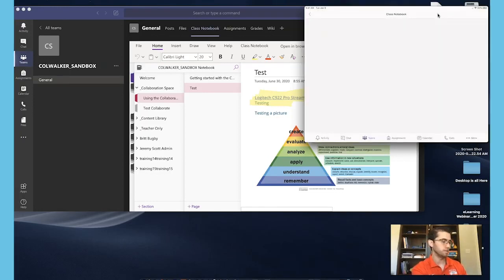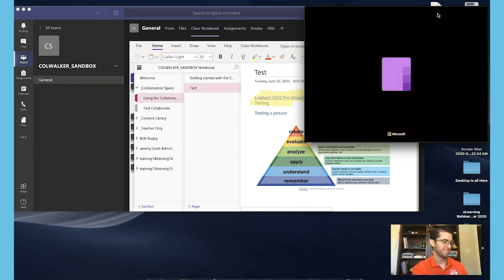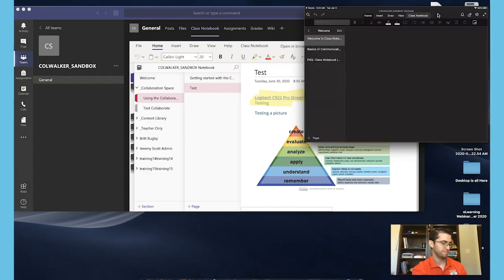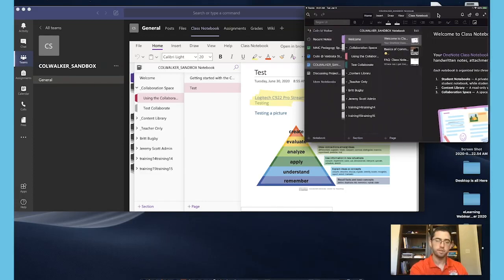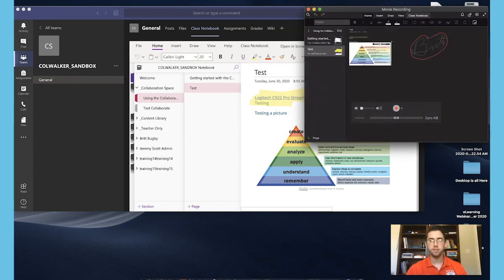So I can go back over to the team. Click on Class Notebook once again. And it launches their notebook. So you see, sometimes it might take a quick second, but that's where we need to be patient as instructors. So I'm going to click on the left-hand side. I'm going to click on the collaboration space, and then using Collaborate,